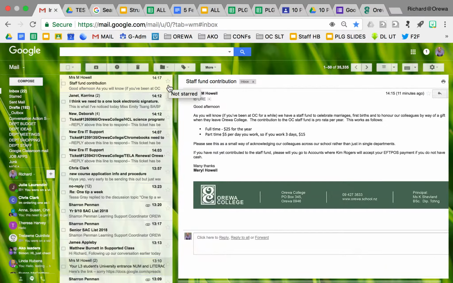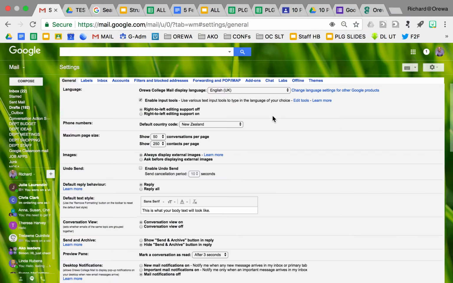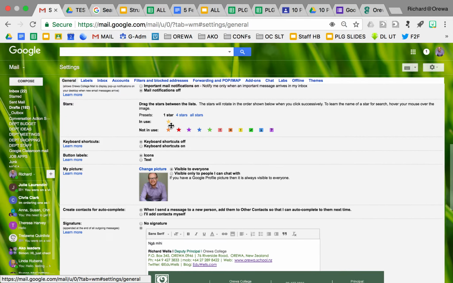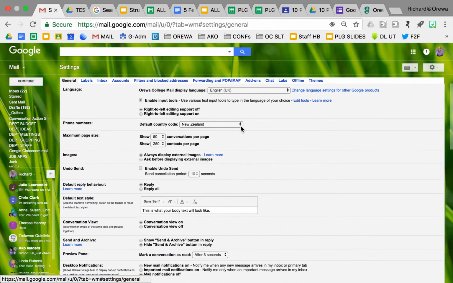Now there's an extra option there because some people might want to color or star their department emails differently to the important ones. So again, going back to the settings, you can add yourself lots more colors. Just on the general tab here, I've got the yellow in use. Well, I can actually do orange, and I can drag these up, red, and I can drag a green, a purple, and a blue. And then what will happen is when I go back,